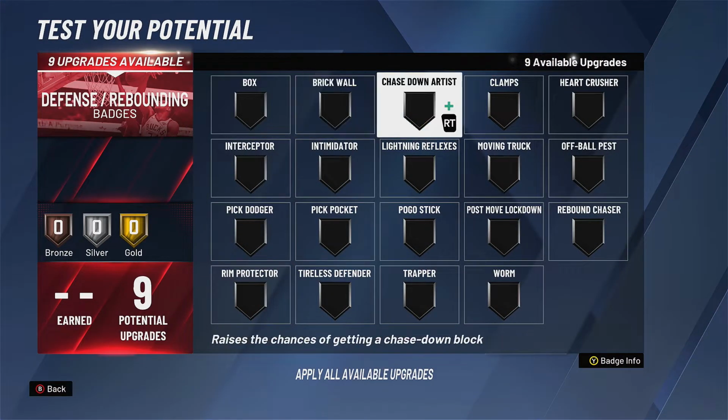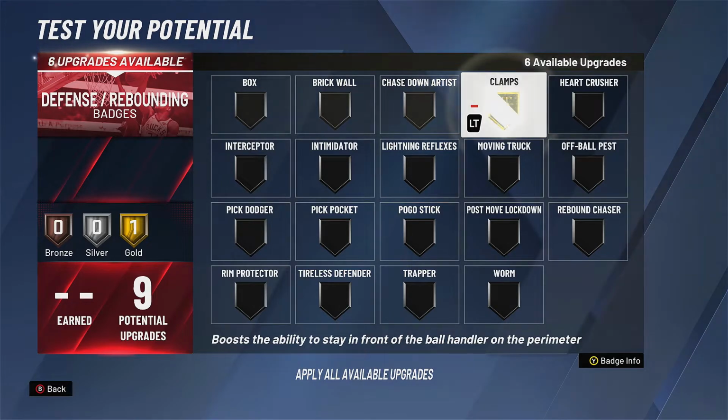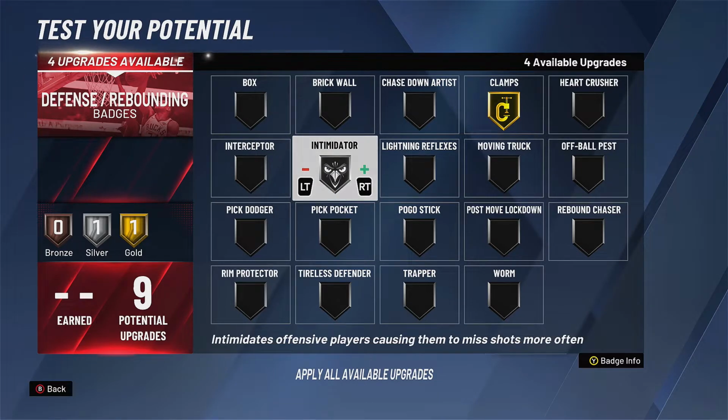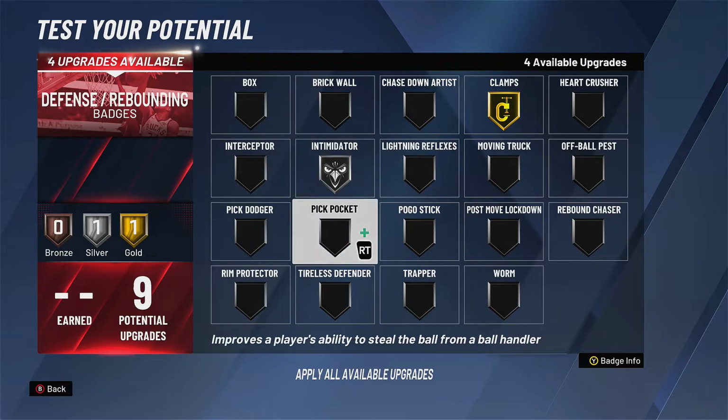Defensive badges, I got 9 defensive badges, y'all, and I still can't play defense. Help me. All right, so Clamps on gold, Intimidator on silver. According to 2K Labs, silver versus Hall of Fame doesn't make a difference, which is about dumb as hell. And I'm like, y'all tripping. I watched that video and I'm like, damn, that really does make a difference. It's the same thing. So yeah,